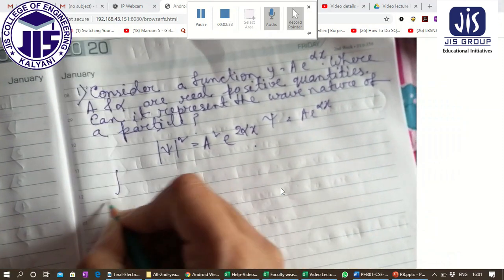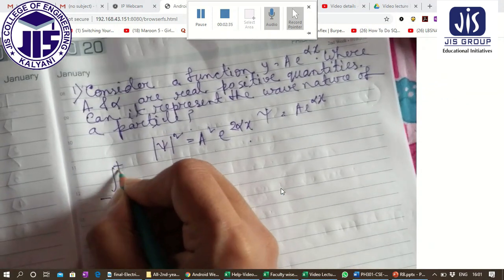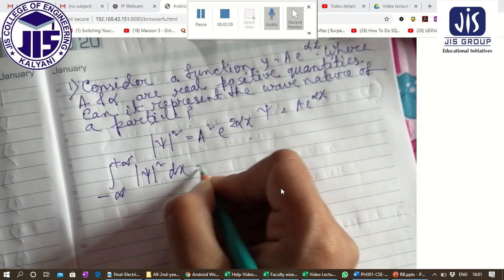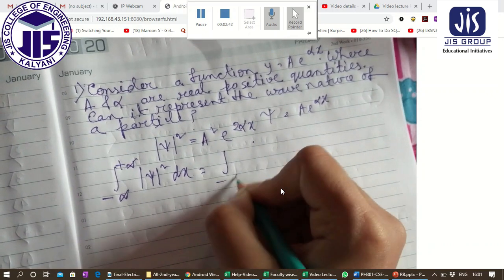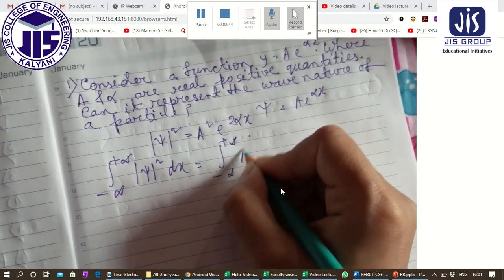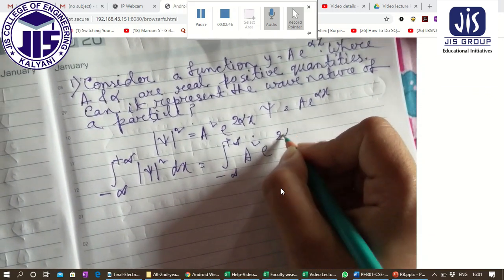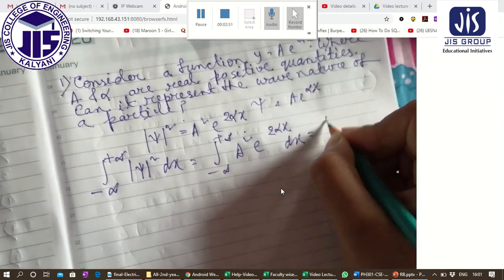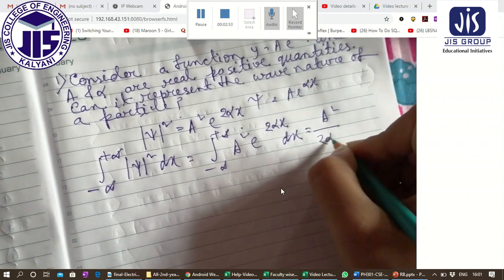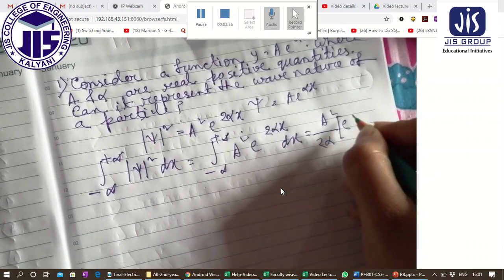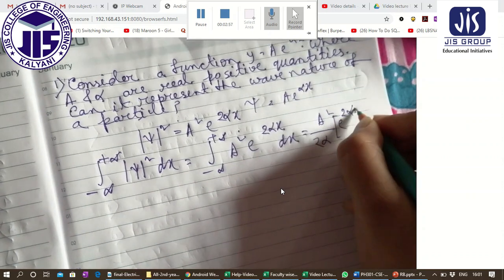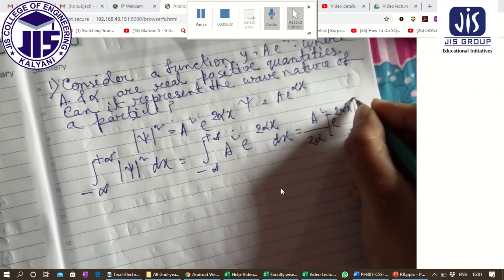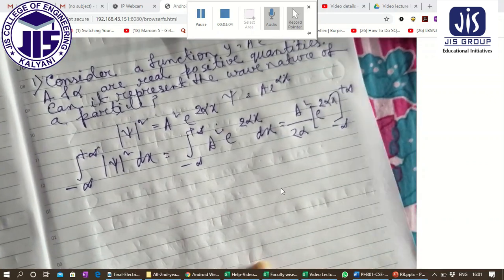Now if we do the integration from minus infinity to plus infinity of mod psi square dx, it will be the integral from minus infinity to plus infinity of A square e to the power 2 alpha x dx. It will be equal to A square by 2 alpha e to the power 2 alpha x. So if we put in the limits, minus infinity to plus infinity,